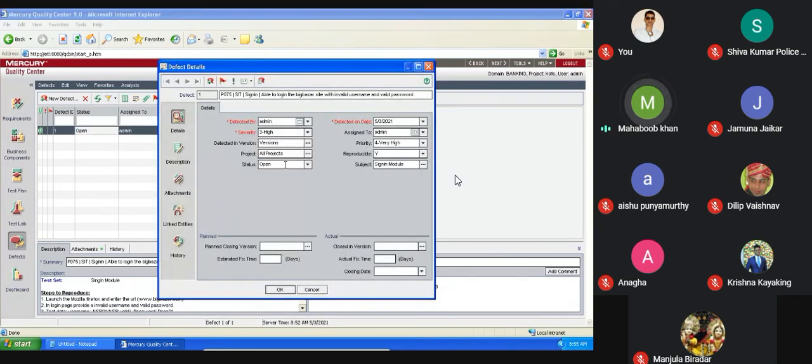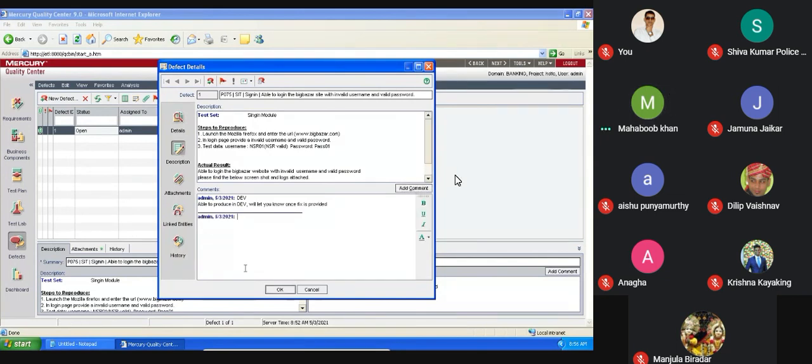once he changes the status to fixed, that is, if I am the developer, fix is given, please validate or retest and close the defect.